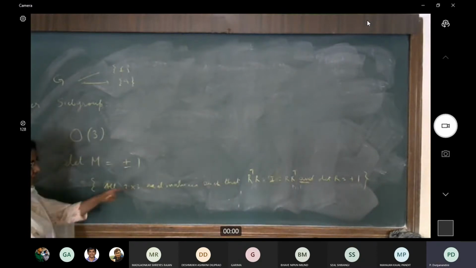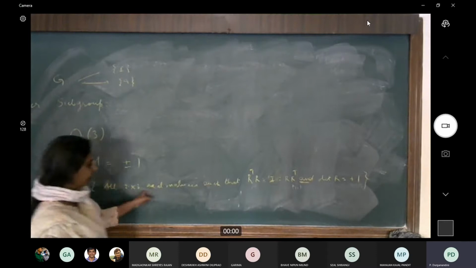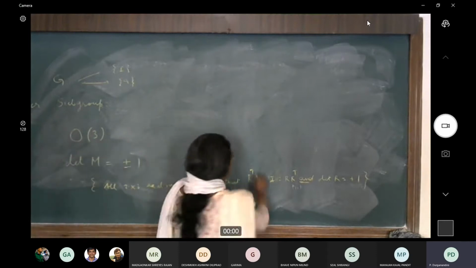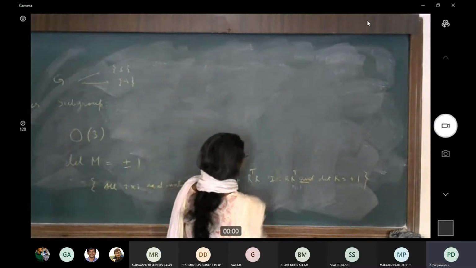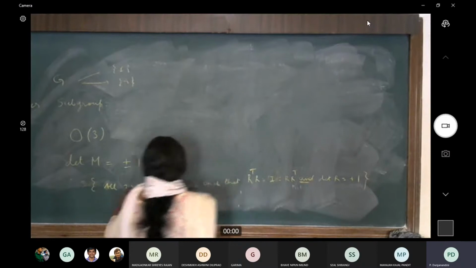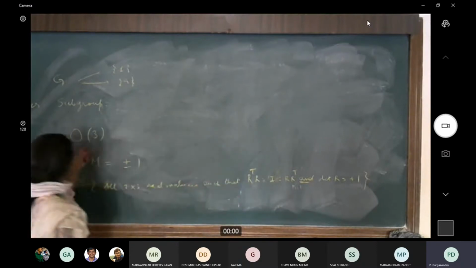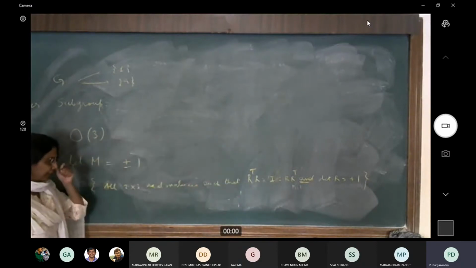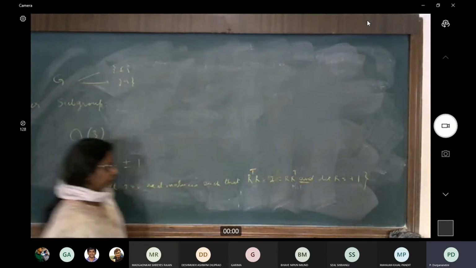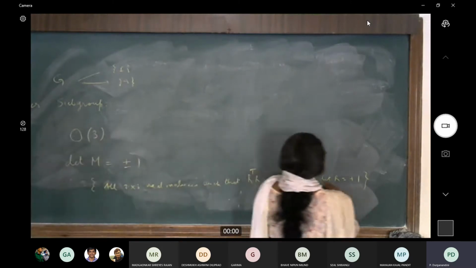Now you can see, if I consider such a set, this is a set of all 3 by 3 real matrices such that R transpose R equals I. Up to here, it simply means that each of these R's belongs to O3 because it's simply a real orthogonal matrix. But now that I put this condition,